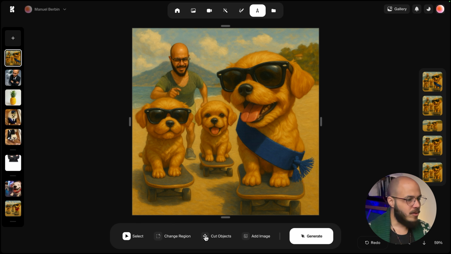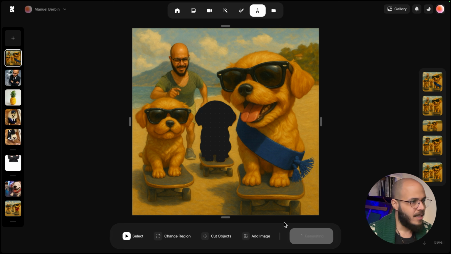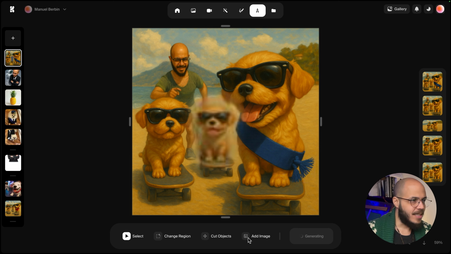The last thing that you can do is the option of cutting objects. Just as the segmentation, I could just take this dog, take it out, and generate the missing space. It's probably going to generate something in the space of that dog. And you can also add images, just as you saw me